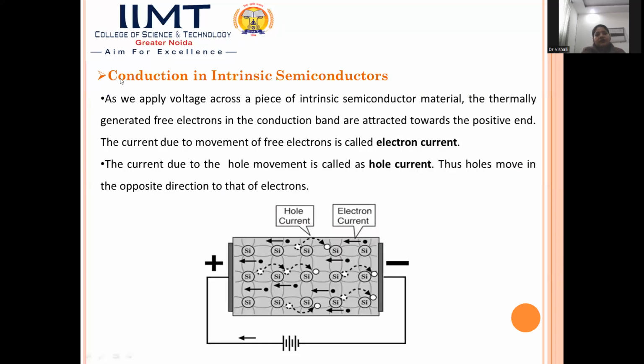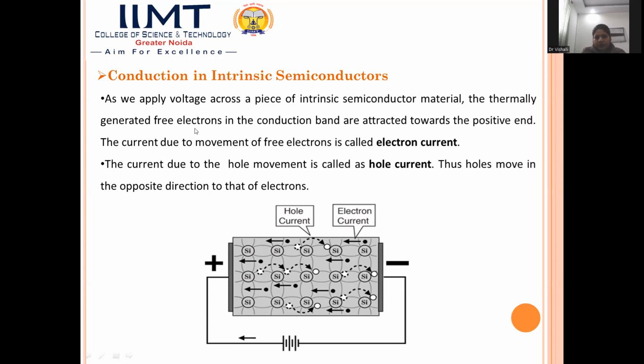Now we have free electrons and holes generated inside the intrinsic semiconductor. Let's see how conduction happens in the intrinsic semiconductor. So now we have the semiconductor, we have electrons here, we have holes here. Whenever we apply a voltage across this piece of the intrinsic semiconductor, then what will happen is that these